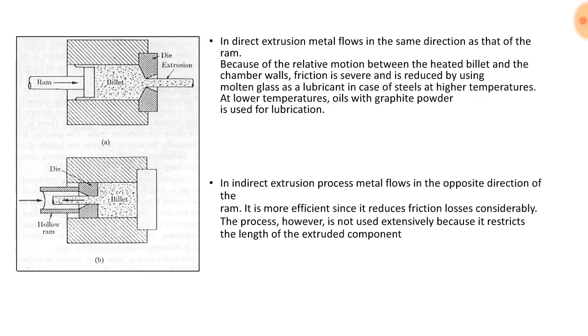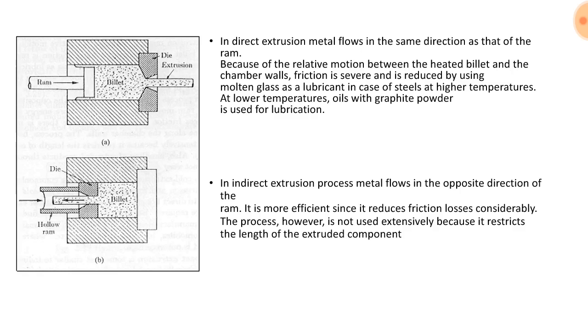In direct extrusion, metal flows in the same direction as that of the ram. Because of the relative motion between the heated billet and the chamber walls, friction is severe and is reduced by using molten glass as a lubricant in the case of steels at high temperatures. At lower temperatures, oils with graphite powder are used as